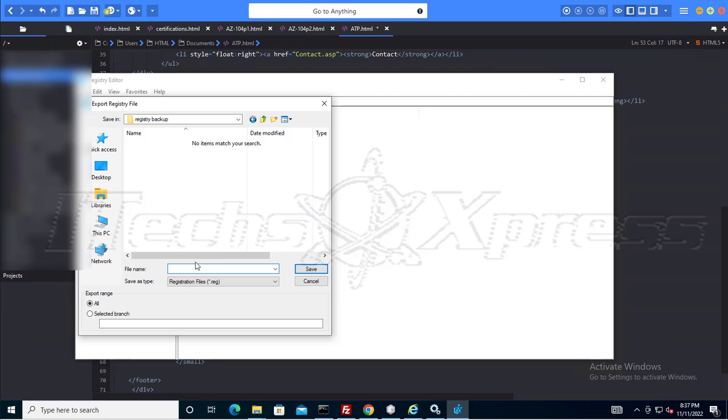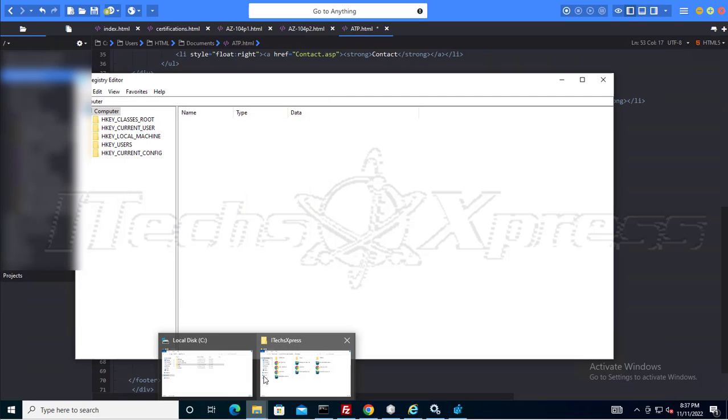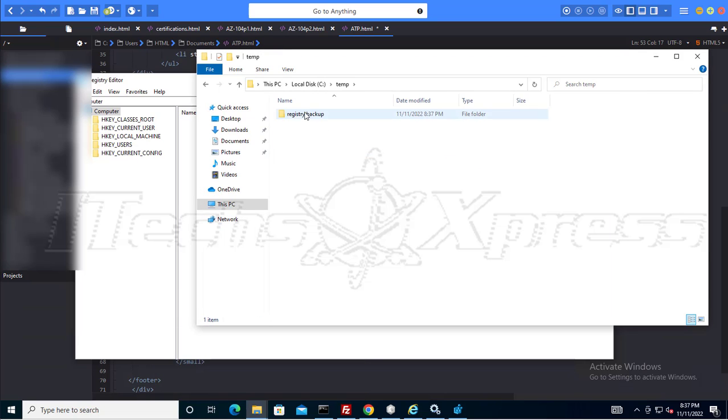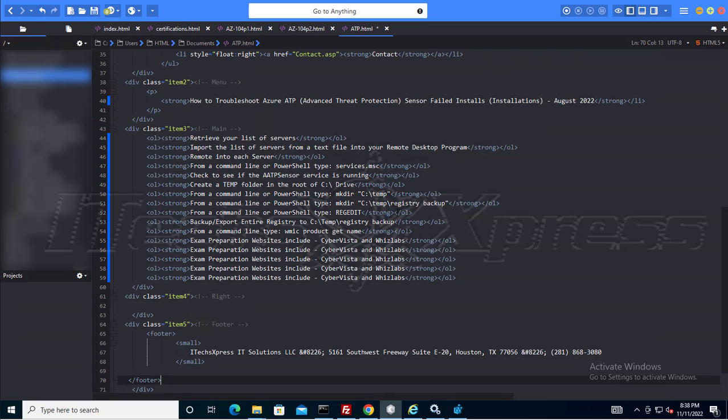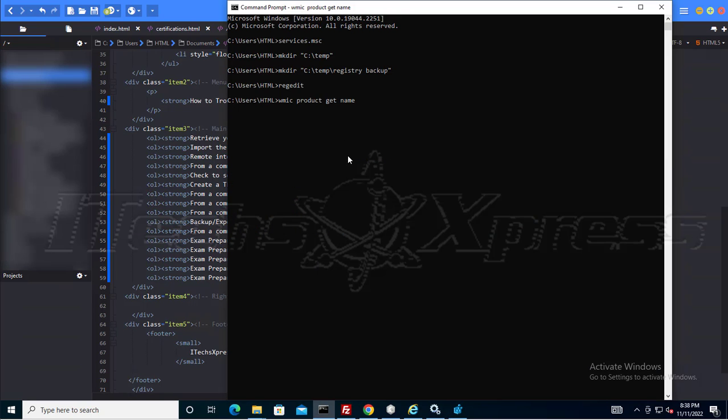I could do it here. Backup. Perfect. So now I will have my backup. Cool. So once we have that, now we can run the WMIC command to get a list of current applications installed. And this doesn't have too much of anything, but